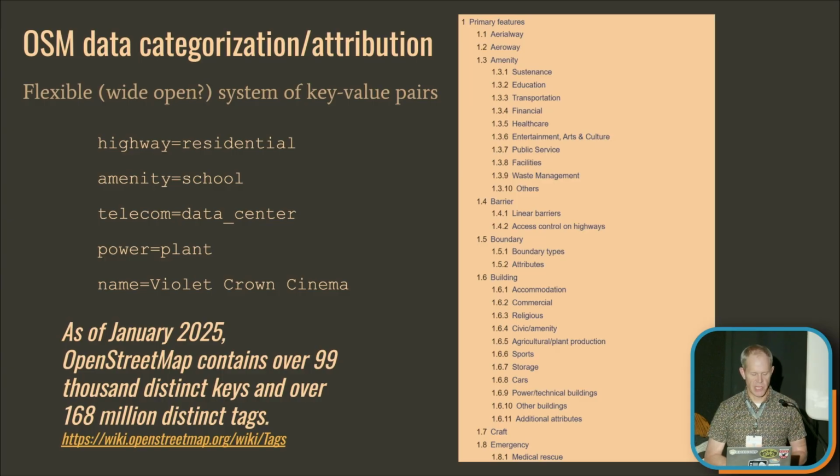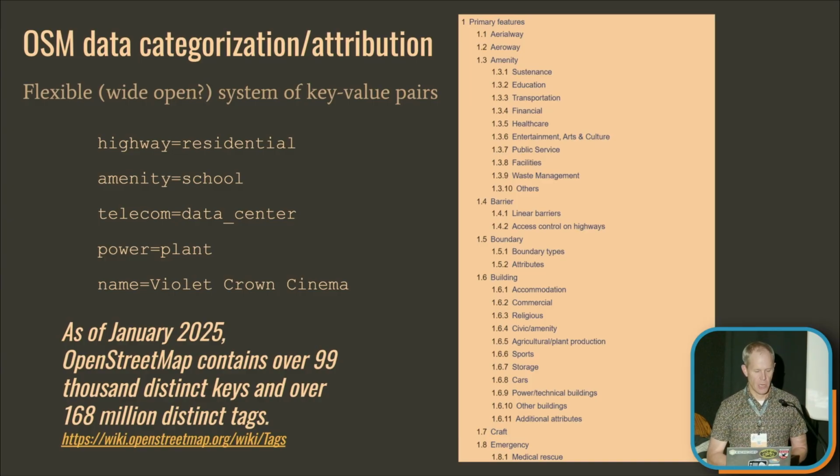So there are some conventions, there's some documentation, there's some reviewing and acceptance of data that's contributed to the system, but it is so flexible that this tagging system is used for everything from categorization to names or labels, right? So the fact that something is a power plant is just a key value pair. The fact that the name of this building here is Violet Crown Cinema is also just a